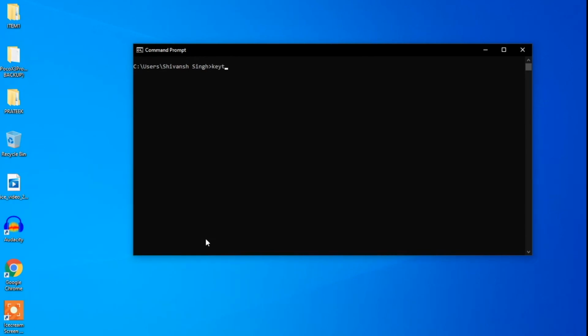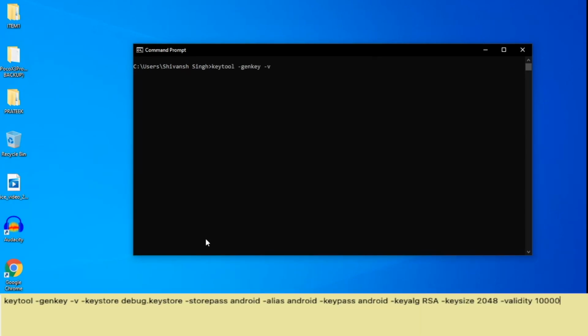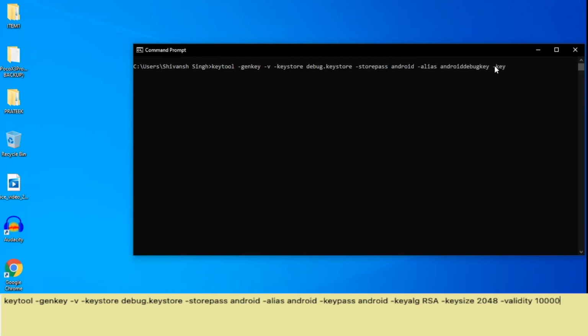First we will be creating the keystore using this command which is displayed on your screen. You will get this command in the description, so you don't have to worry about it. Here you can see we are providing debug.keystore, which will be the name for our keystore, and this key would be of 2048 bits with a validity of 10,000 days.